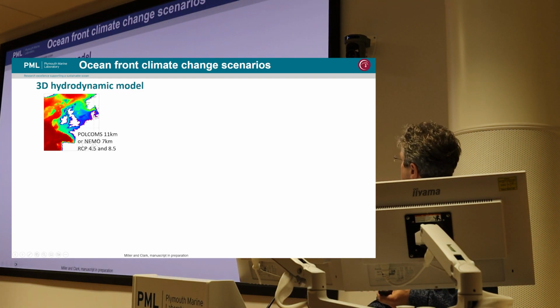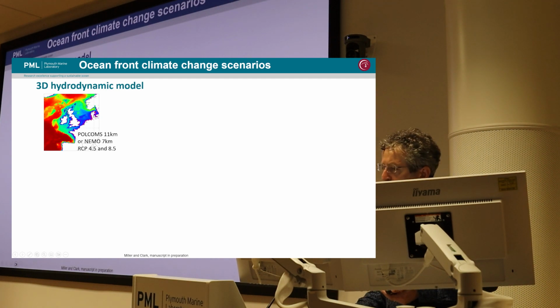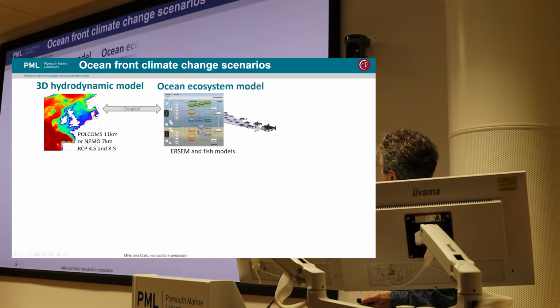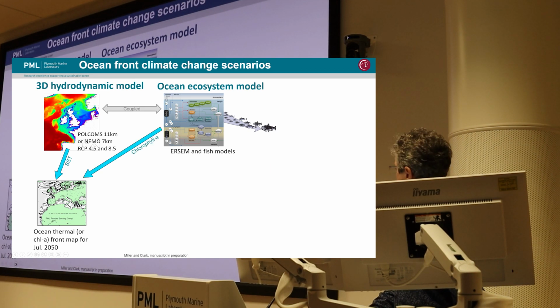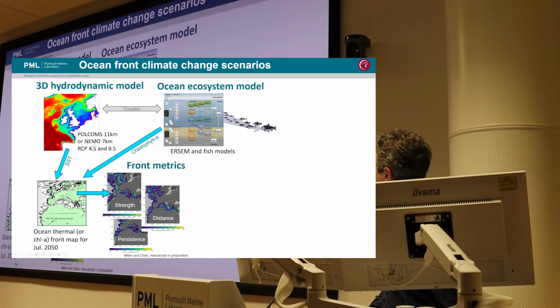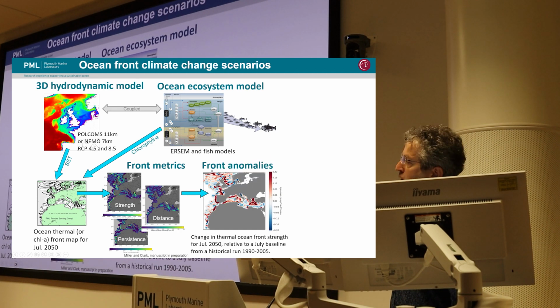And then the final piece of the puzzle is climate change. I'm often asked, well, do these fronts stay still, or are they going to develop with climate change? So we have the models, physical models and biological models, and we can run those ahead for the next century. And if I take the temperature, then I can generate a front map just in the same way, but it's now a hypothetical mid-century front map. And yeah, I could do that from chlorophyll as well. And that gives us metrics for those fronts. And then we can look at anomalies for